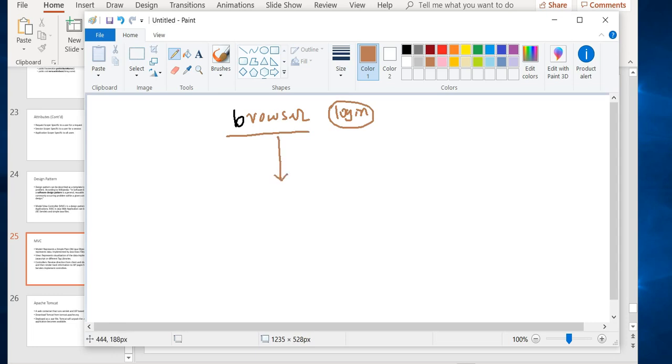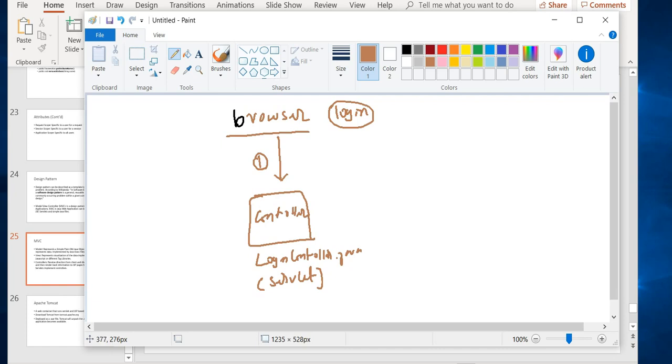Now the browser is going to invoke, so this is, let's say, process number 1, and then it's coming to the controller and we are calling this, let's say, login. And this is a servlet. So it's coming over here in the controller,